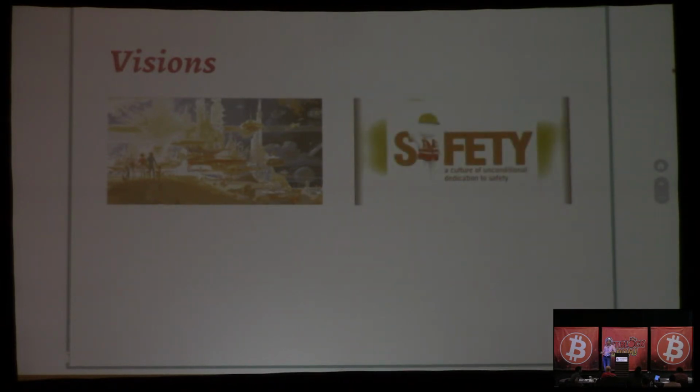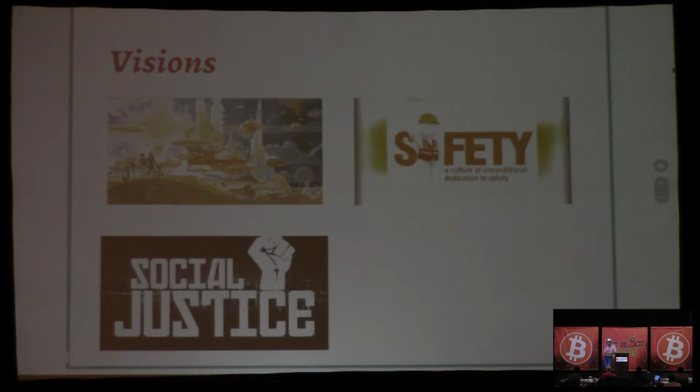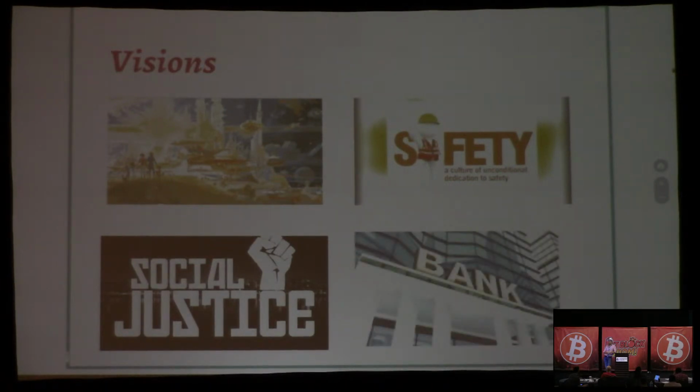Another one, safety, right? This is how we get ridiculous things like the TSA. It's a vision of, okay, we need to make sure that things are safe, so these are the things that we're going to do about it. This, by the way, tends to come from the conservative side. Social justice. We're going to have equal outcomes for everyone for any particular thing. And of course, probably the worst violation, oftentimes, is keeping things the way they are, right? The vision of keeping